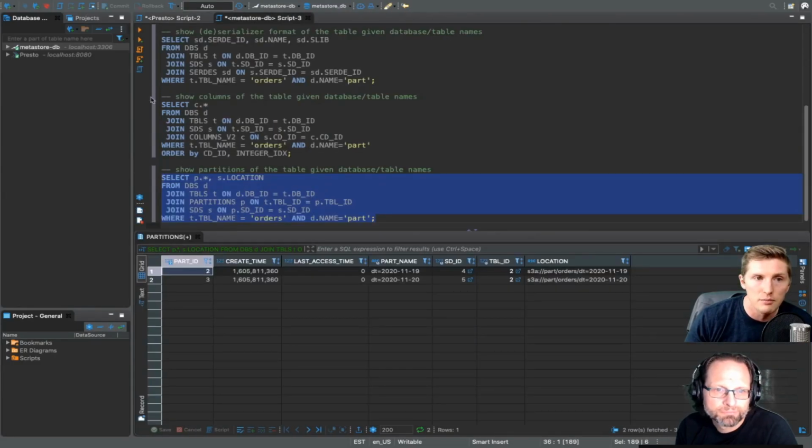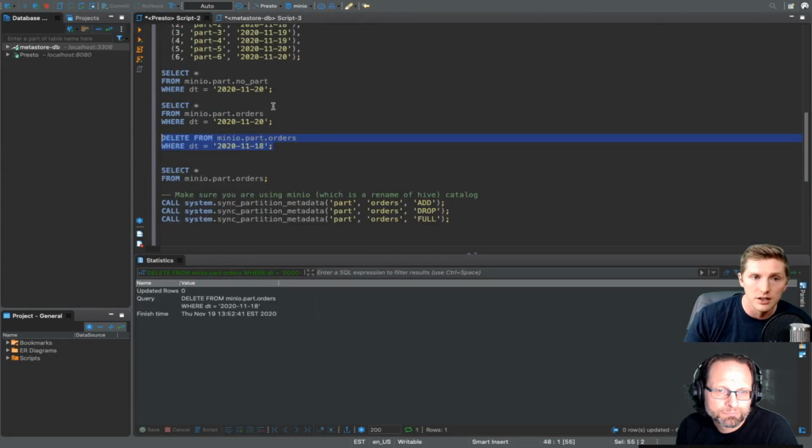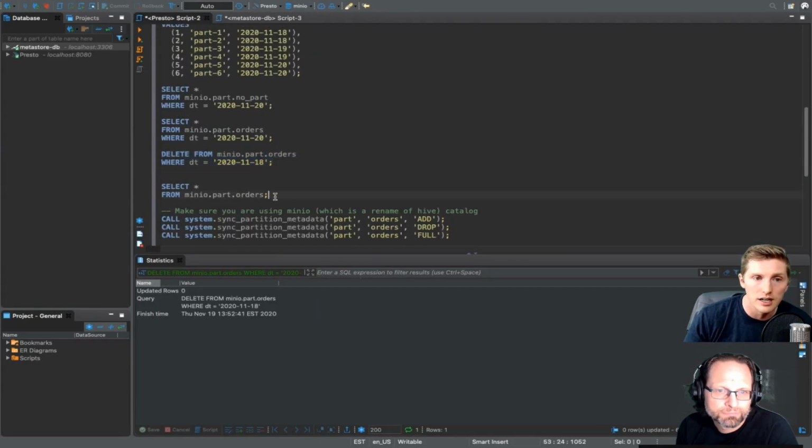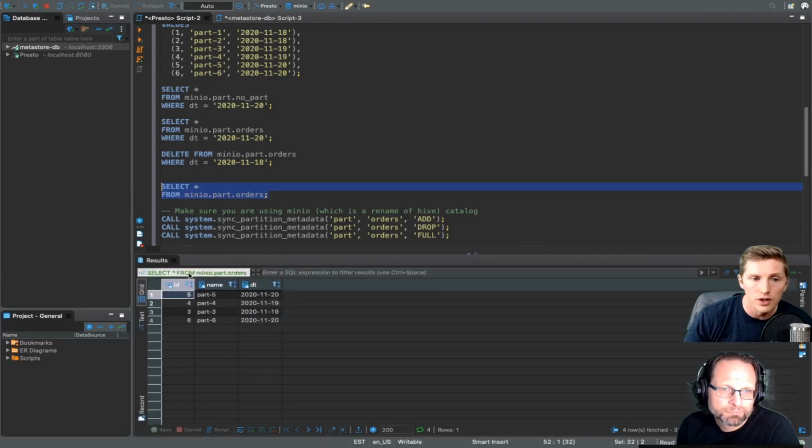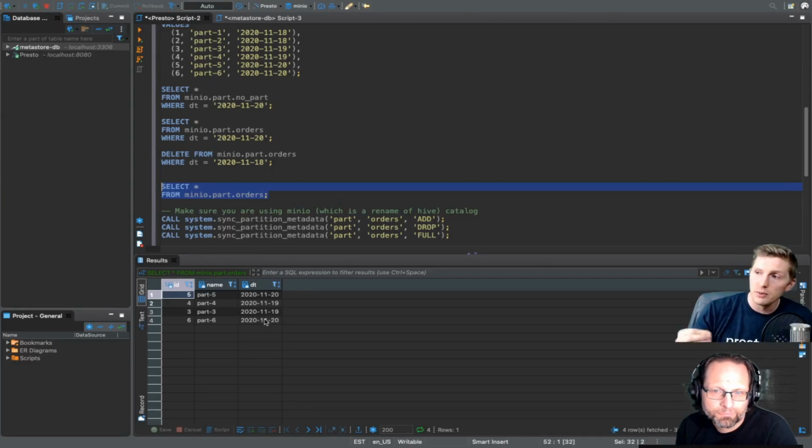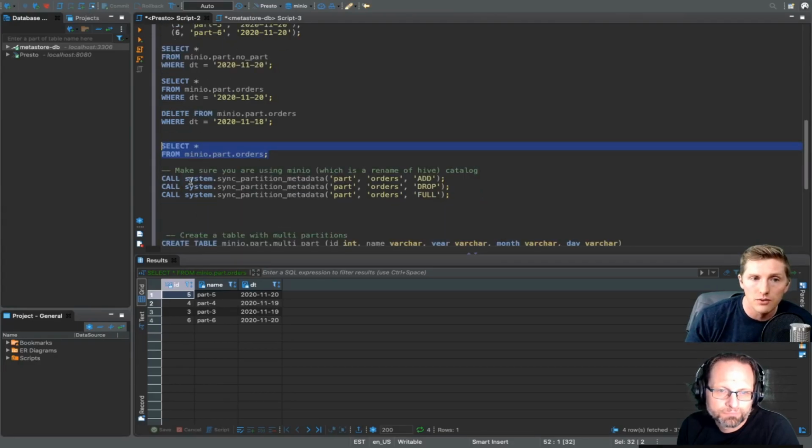So we're getting into a bad state right now, because if we go and run a query on Presto, let's run select all from min.io.parts.orders. We're going to see that the 1118 data is still missing from there, even though we added that data back. So Presto has no way of knowing how to find this data. So what we have to do is call this procedure,